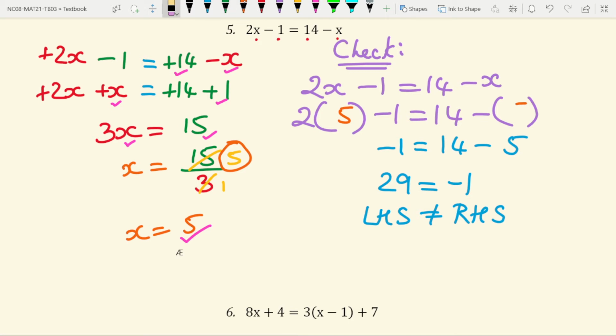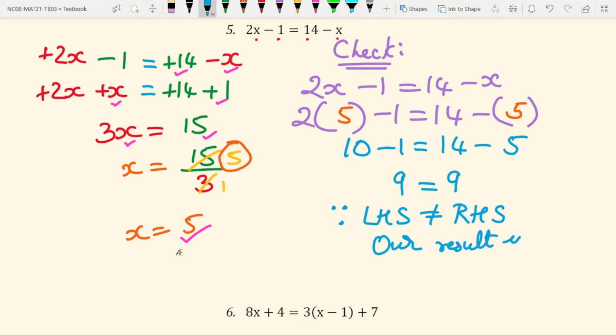So let me erase this one. Let me erase this also. So the value of x was 5, so I have to substitute 5 here. So 5 times 2 is 10. So 10 minus 1, and here 14 minus 5. 10 minus 1 is 9, and 14 minus 5 is also 9. And because LHS is equal to RHS, our result is